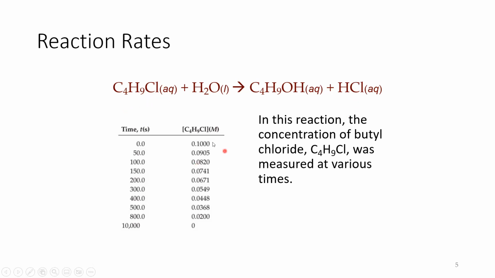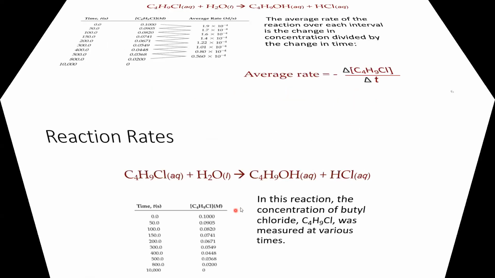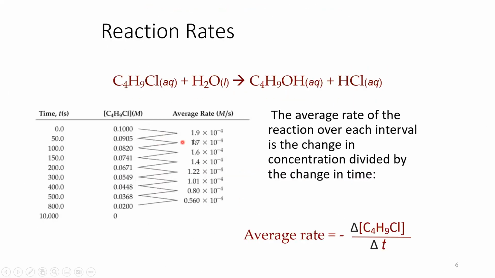butyl chloride. So if we start with an initial concentration of 0.1 molar, and then over time, since that's going to be getting used up, we're going to see the concentration decrease. And then based on how much it decreases over time, we can see the rate of that reaction. So if we look at each of these 50-second increments, we could calculate the average rate with those by looking at the